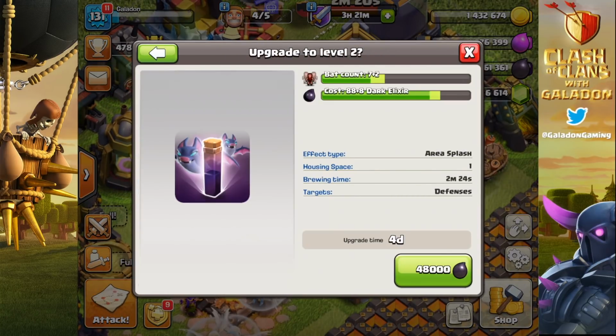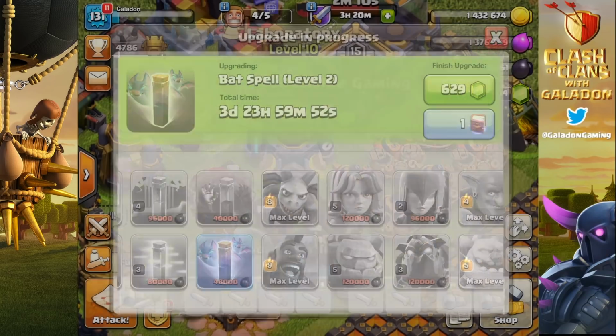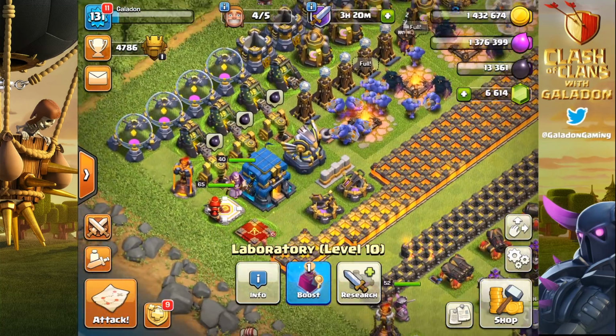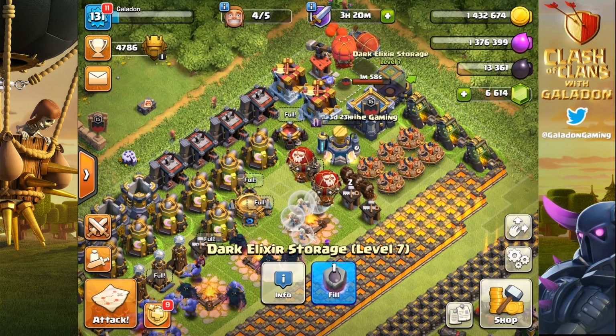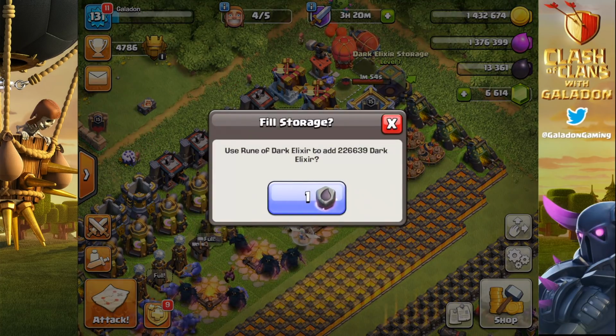All right, so yes, I've been urged by Michael in my live streams to upgrade bats. He wants to see P.E.K.K.A. Bobat. And personally, I know how strong bats are, so we're going to start our way towards maxed out bat spells. Maybe, just maybe, we will rage gem the rest of the way through the bat spells. You know me, I might get impatient and just blast our way through. Now, yes, I am wasting 13,000 Dark Elixir here by using the rune when the storage isn't completely empty, but